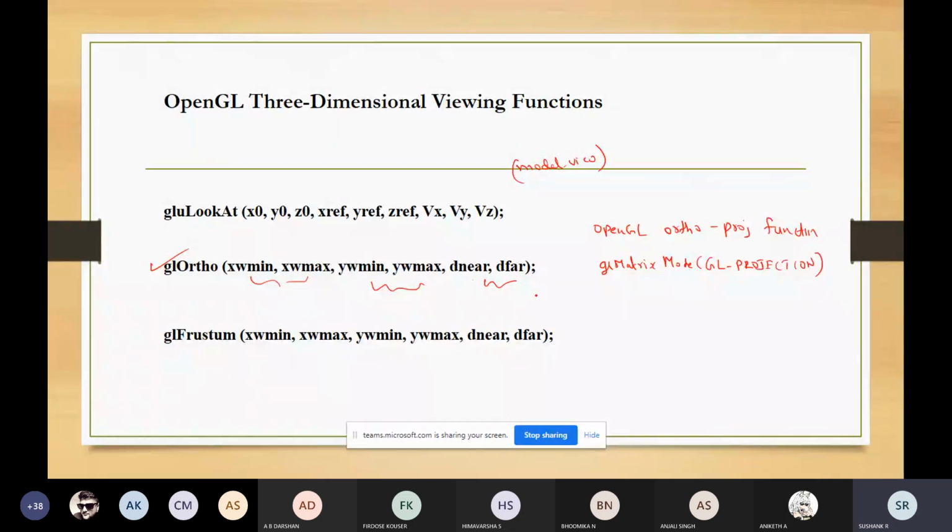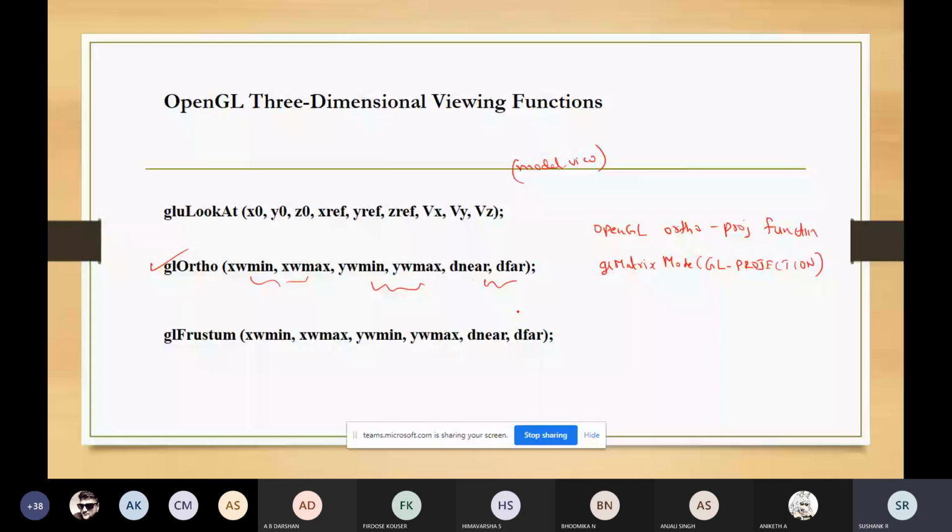The near clipping plane is always the view plane in OpenGL, and the clipping window is always on the near plane of the view volume. In OpenGL, you don't have an option for that.